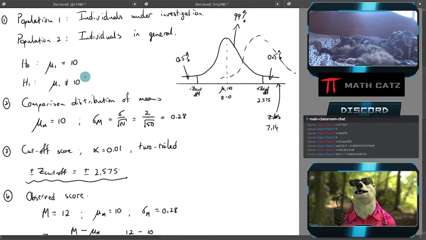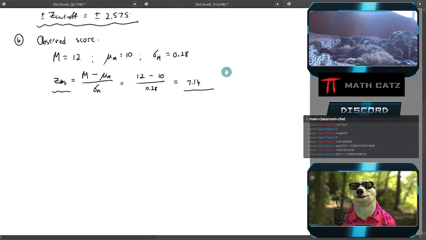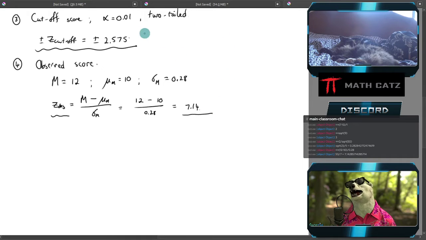And we consider the evidence therefore strong enough to suggest that the null hypothesis is not what's happening here. But in fact, the true population mean is different. Okay, so that's the reasoning behind our eventual conclusion, which is number 5,